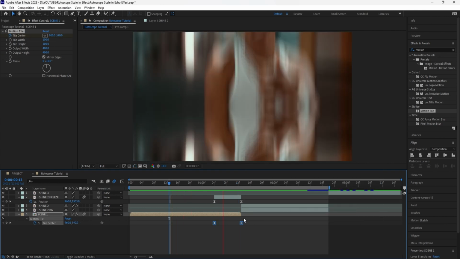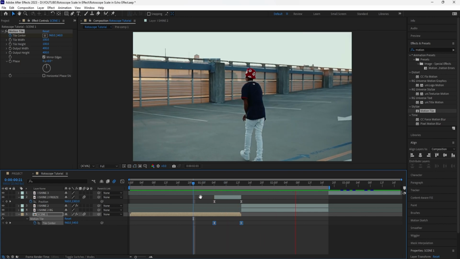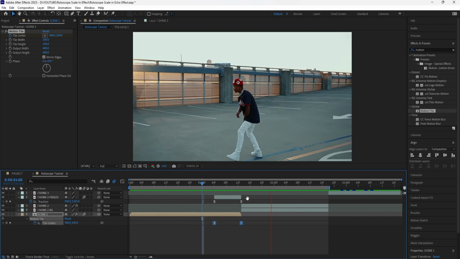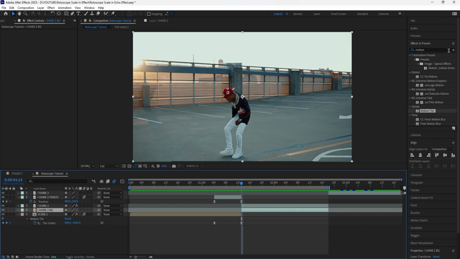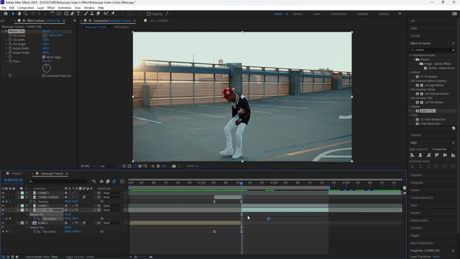And then in order to have the backgrounds blend in more and to have that seamless transition from the first scene to the second scene, what I'm going to do is add the motion tile effect to the background scene of the second clip. Do the same thing, have the output width and the output height at 400, mirror edges, and then keyframe the tile center as the same values as scene 1, but make sure that the keyframes are